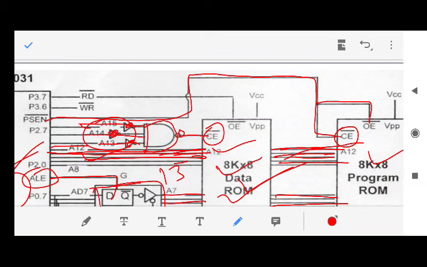Now chip select is completed. We are getting one by one. Chip select signal is completed. Now you have an output enable pin on ROM, especially on ROM. It is not on RAM. Please remember, on ROM you have chip enable and this output enable signal. The output enable signal of data ROM should be connected to the read pin. Fine. And the output enable signal of the program ROM is already connected to the program store enable. Fine. And your question is done. That's it. You have to remember these connections itself. Fine. And your entire question is done.